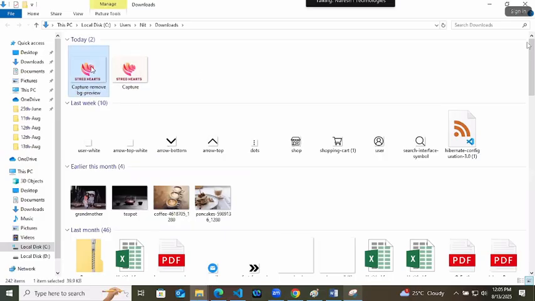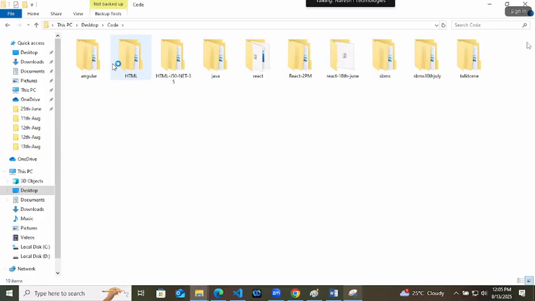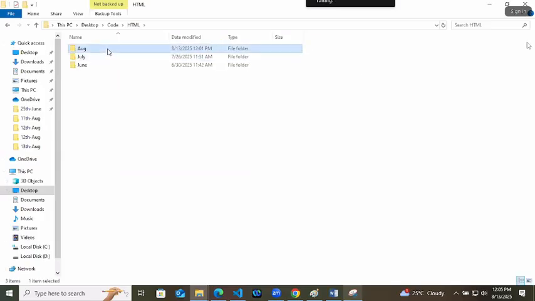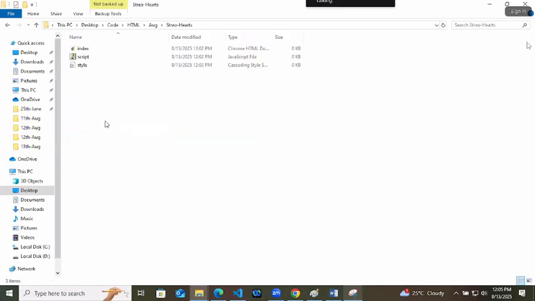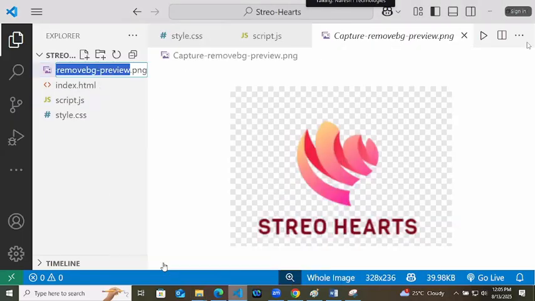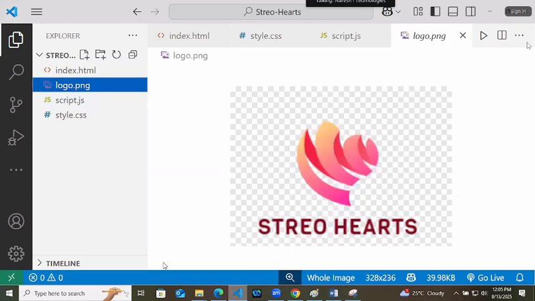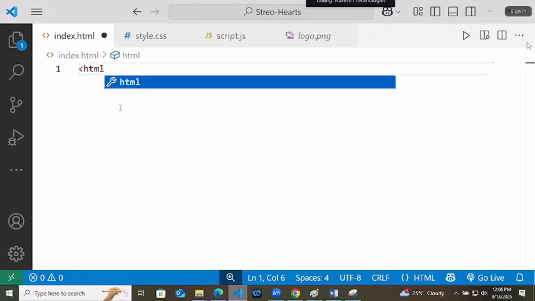Okay, so we got the logo. Just copy paste it to the same folder where we are working currently. Done. I will just rename it with the name logo.png. Let's prepare the code now.